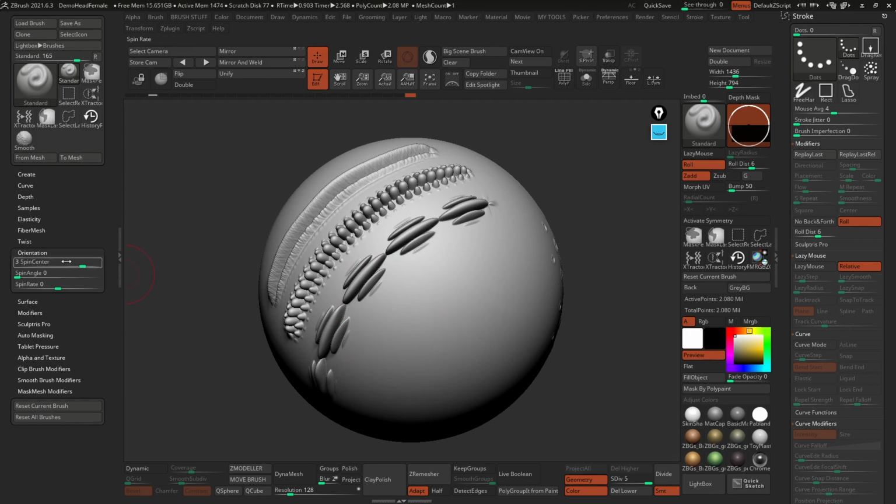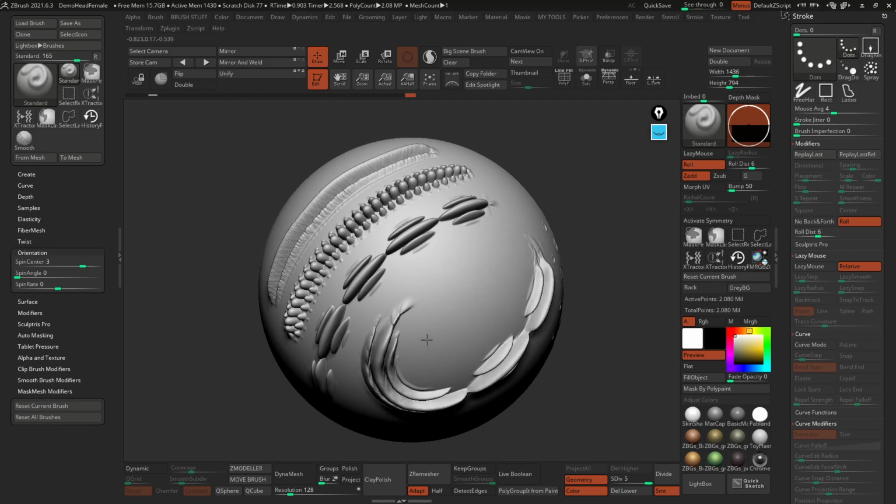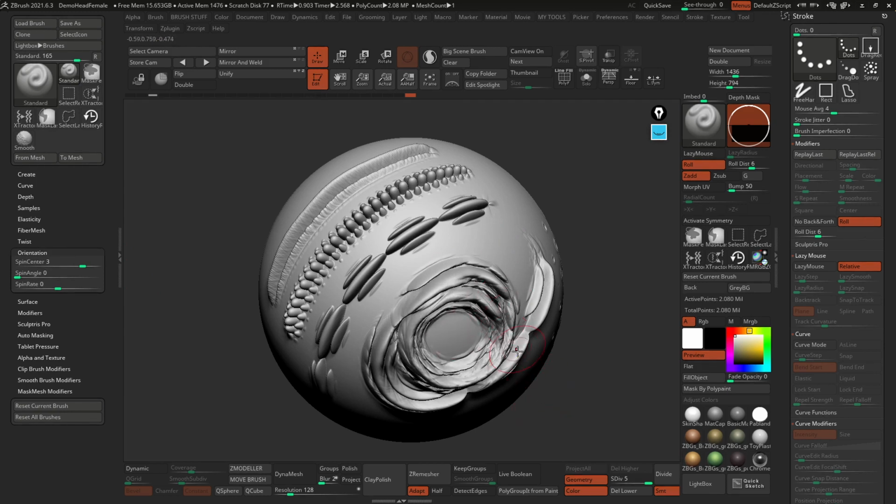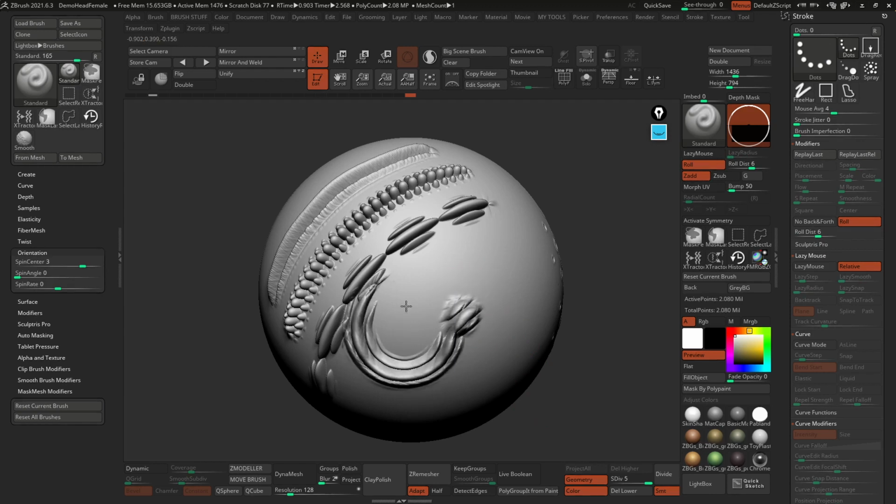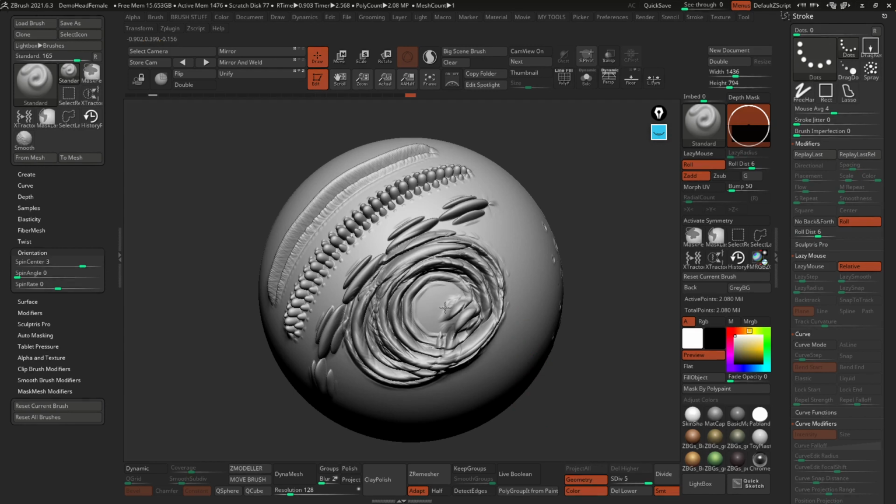So in other words, this spin center is sort of pushing things away from the pivot of the stroke. So I can do this, and it spins around my pivot or the center of my mouse. I don't know if you saw that, but basically it's just following me around like the normal effect of the brush, but it's spinning around the point.